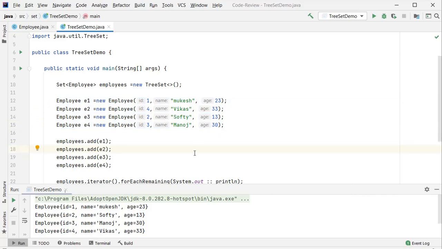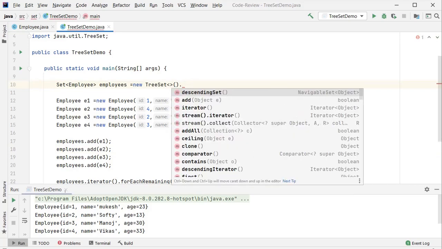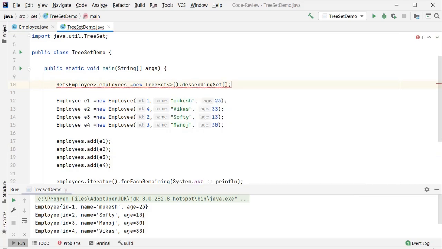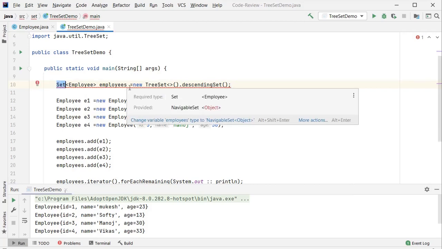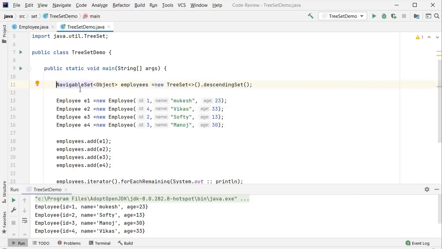One more thing, if you want to perform sorting in descending order, you can use descendingSet here, but you need to change the set type to the NavigableSet interface, because you know the hierarchy of TreeSet. So TreeSet has the super interface NavigableSet and NavigableSet has the super interface Set.